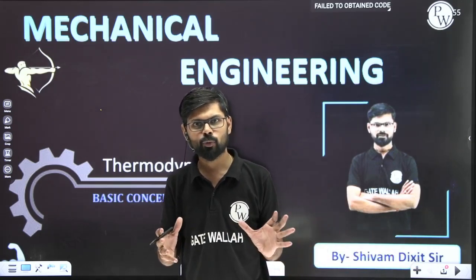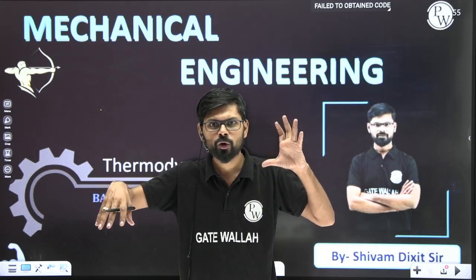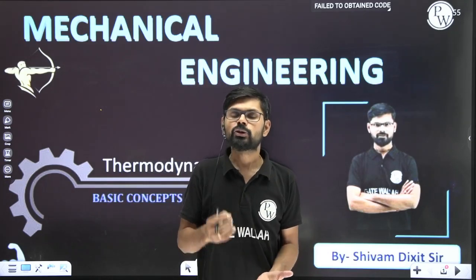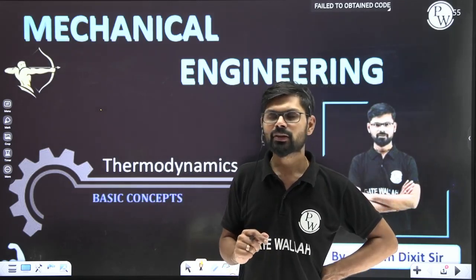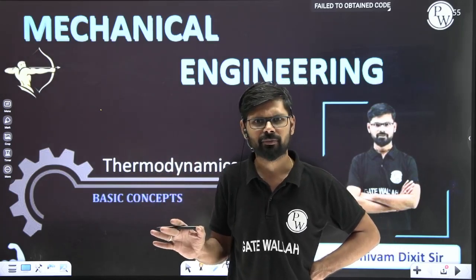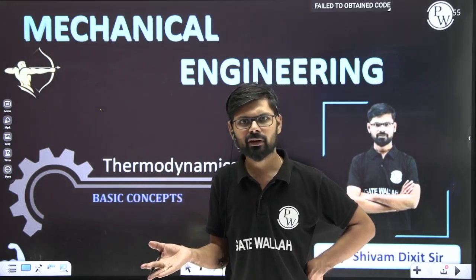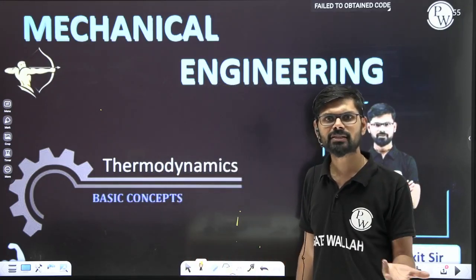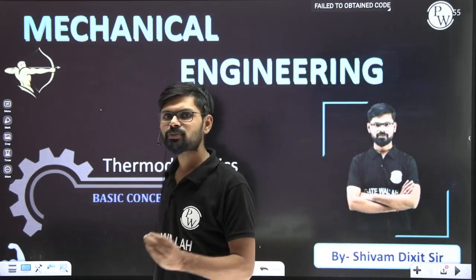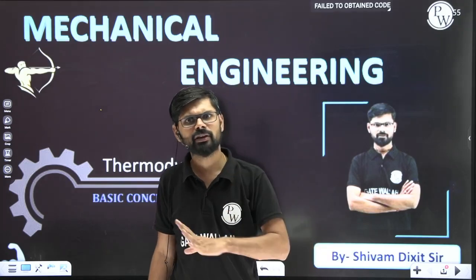Suppose a turbine is there, an open system, but obviously some substance is going to flow. Suppose a piston cylinder arrangement is there, a closed system, but inside the piston cylinder arrangement something will be there, no? That is basically our system. So in most cases of thermodynamics, our system is basically gases. Sir, why gases only? Why not solid, and why not liquid? No, it can be a system. Thermodynamics is applicable everywhere, every single place wherever temperature is there. So obviously the laws which we are going to study in future are going to be used everywhere. It may be solid, it may be liquid, it may be anything.